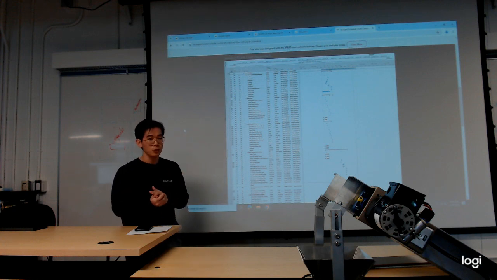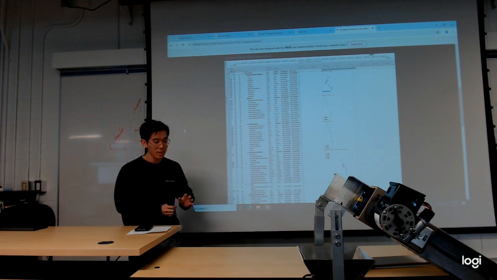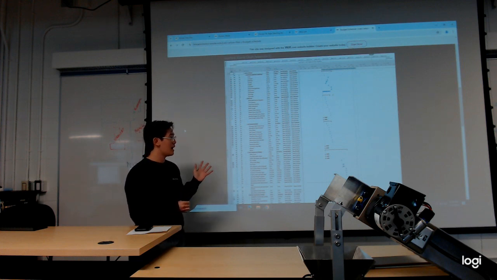But I was able to get around this by starting to work on other things, such as finishing up or redesigning parts to be 3D printed or to be done at the school here in the machine shops. So in this case, I was able to overcome any issues that came about with scheduling,